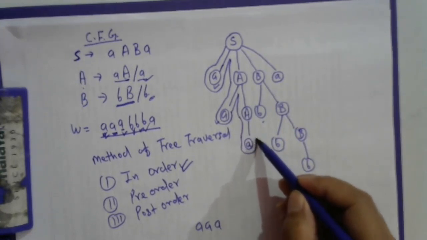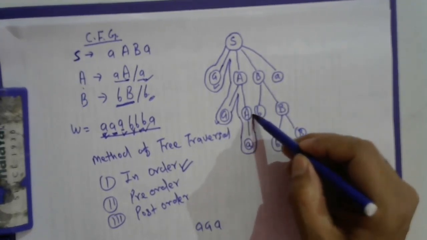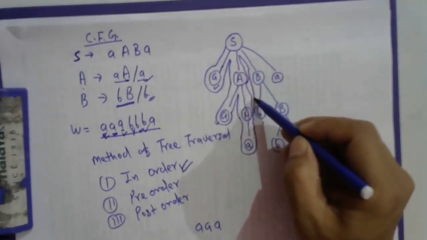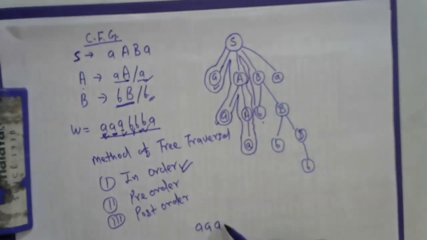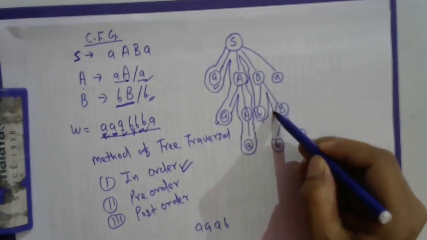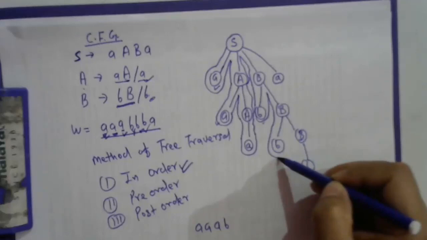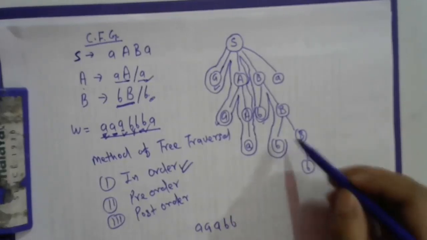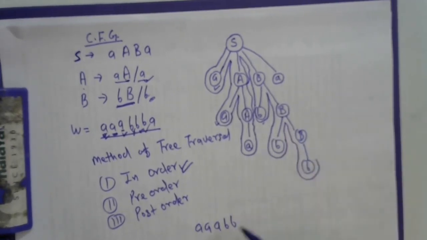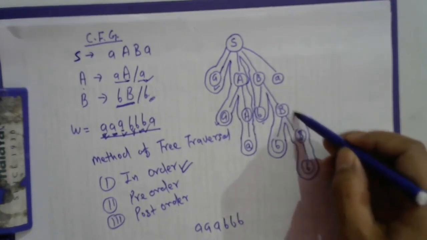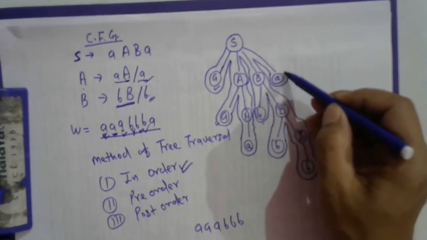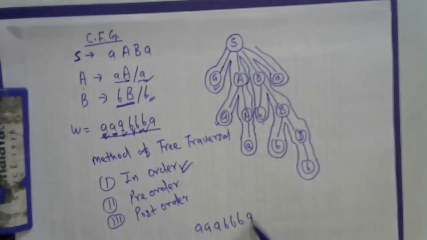Then again you can go back to the root node. There is nothing. Then again we go to the root node. There is nothing. Again root node. Then the next branch is B. Then there is a left side B. We are using here B. Read this B as a symbol. Then go back to the root. Again B is the internal node. Read B as a node. Again go to the root. Again go to the next node, B. Again leaf node B. You can write B. Then go again to the root node. And then again we are getting the last A. And then finish the last A.